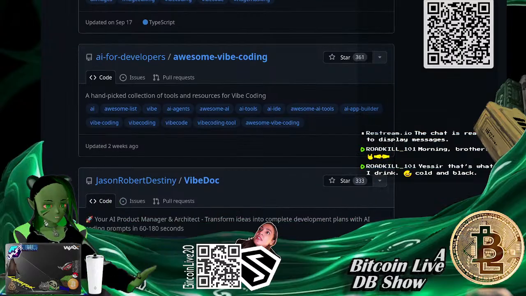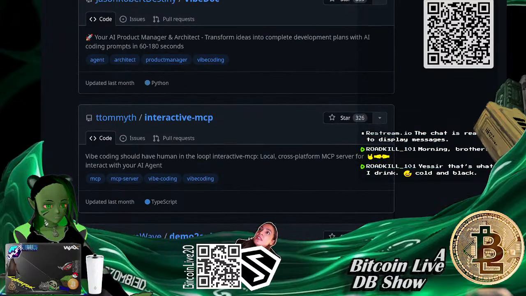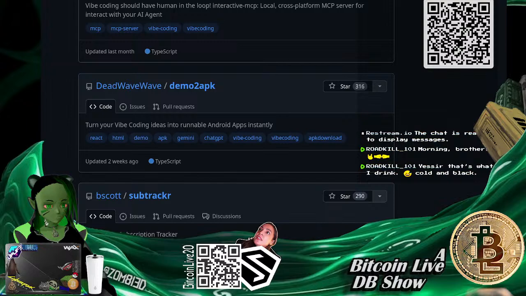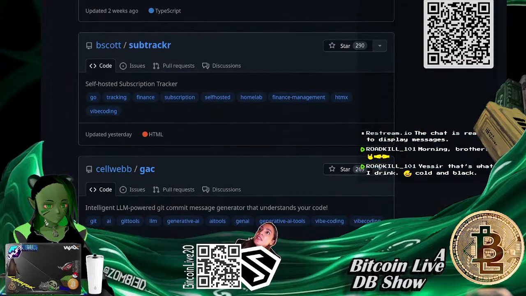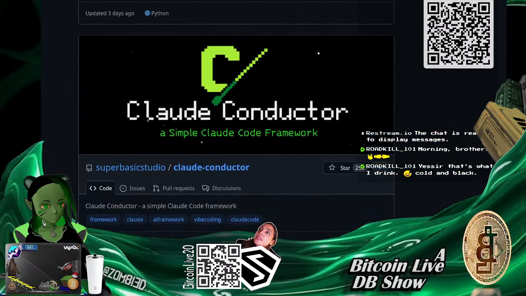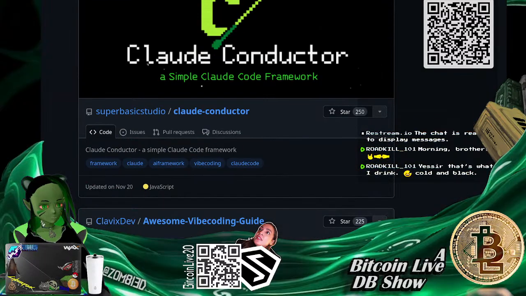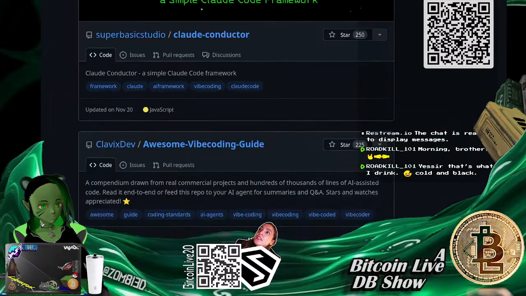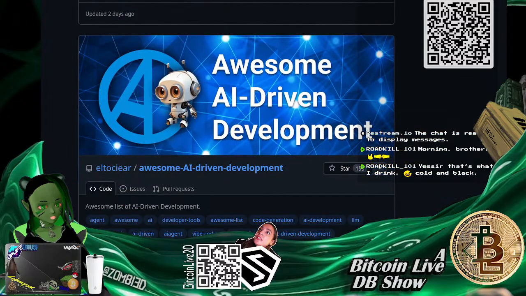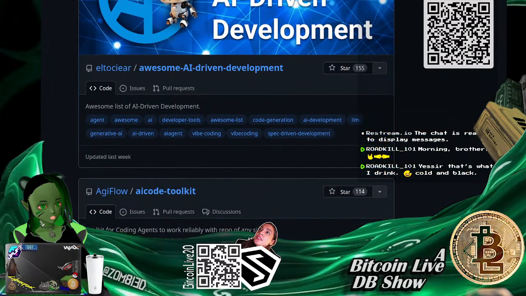And most of these are going to be like Gemini. We've already seen a bunch for Gemini. And that's one of the big ones that people are having specific problems with, like with Windows and other software. Ooh, a Claude conductor, look at that. All right, so it's all just the same kind of AI for AI slop.